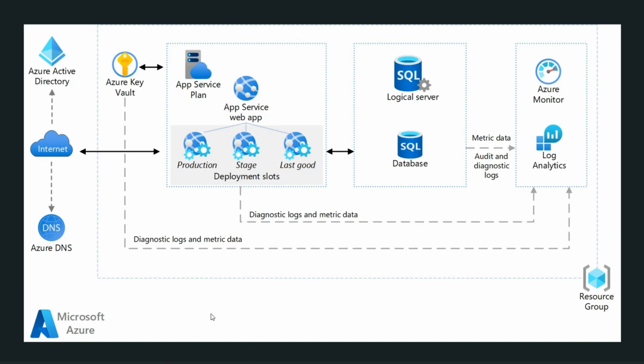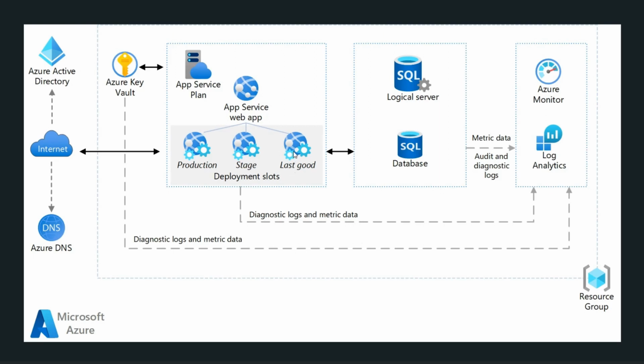Previously, as I mentioned, the app service has deployment slots. By default, when we create the app service web app, the first one will be production. Then you can go inside the web app, go to the deployment slots, and add multiple slots. You can clone the production slot and create multiple slots for staging or development purposes. After the development or testing of the new features,